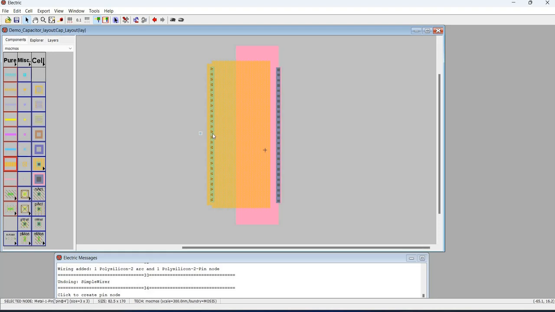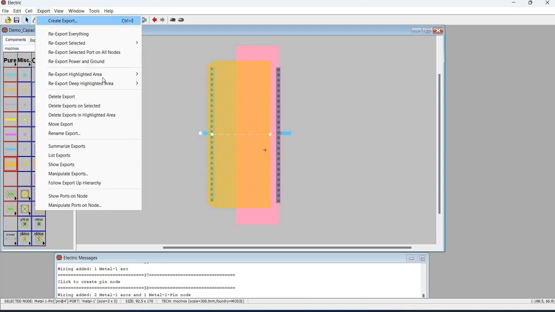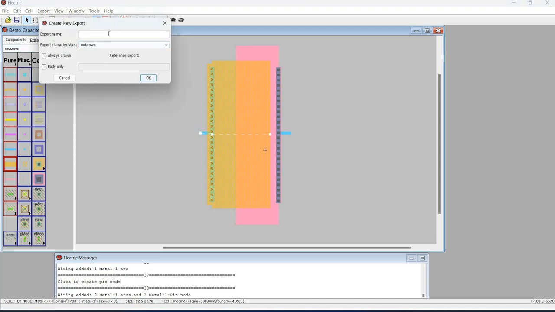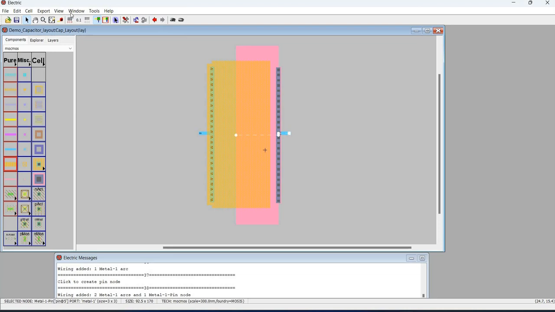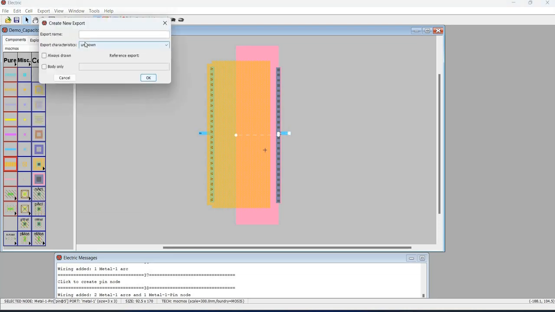I can use a metal layer to connect on both sides for the layer of your capacitor. Then create an export. So P2 and P1.